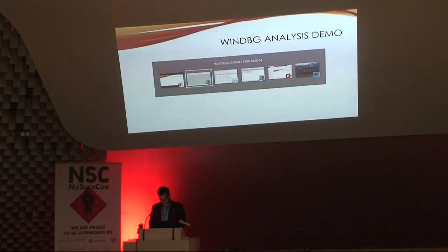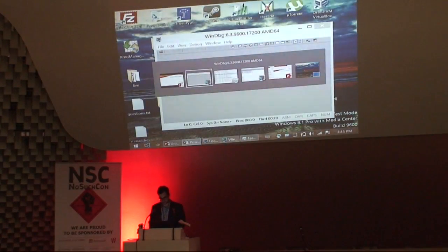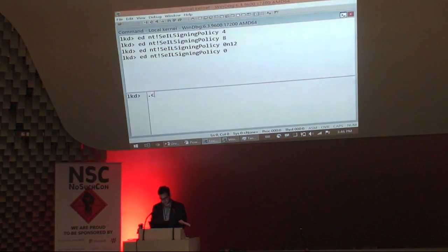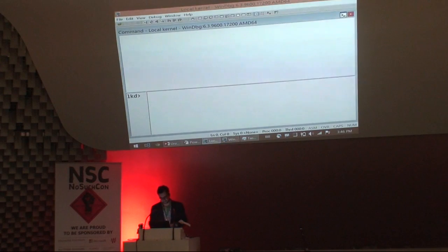So from WinDbg, you can see that something is protected, because obviously I'm just trying to kill random things. But there's actually a flag in the EPROCESS structure that tells you if something is protected or not. So if you take a process, like let's say SMSS,